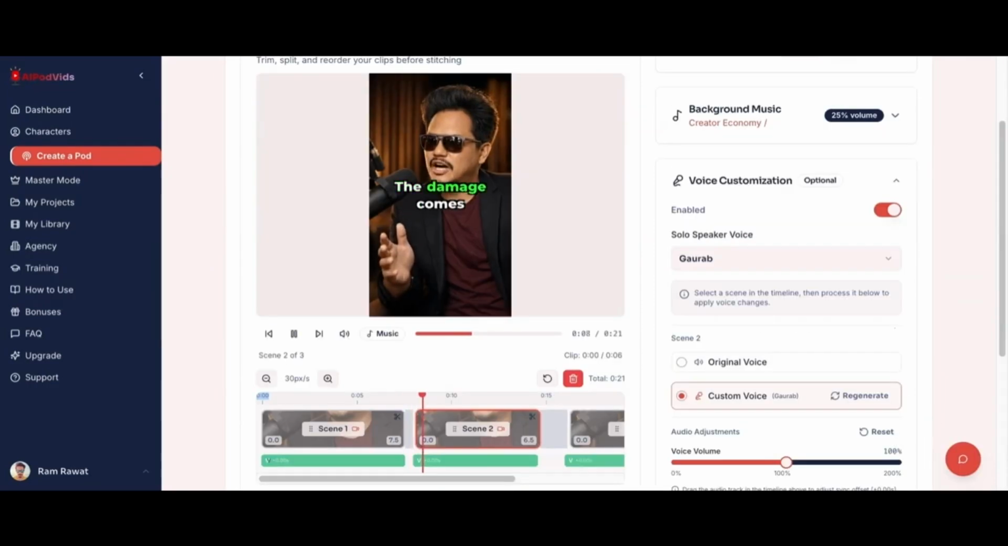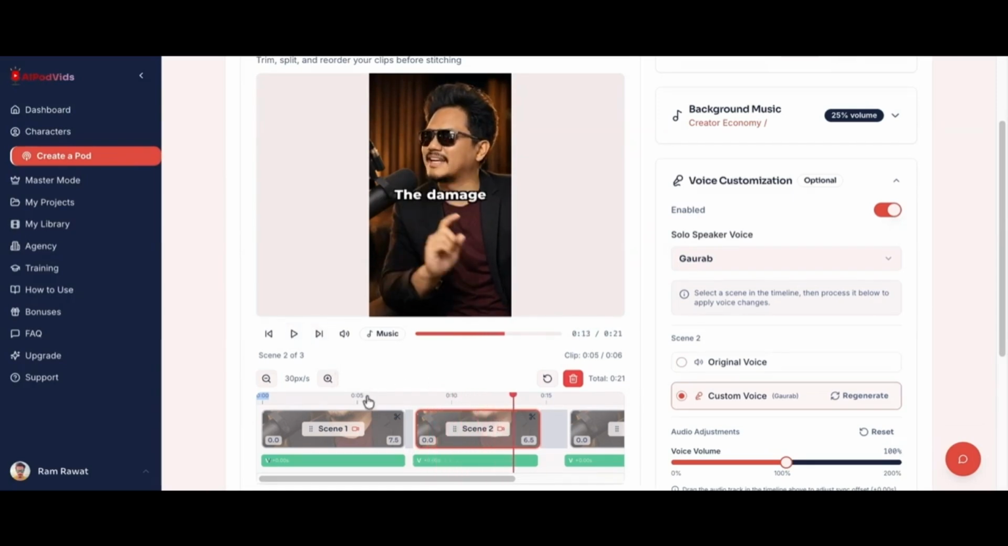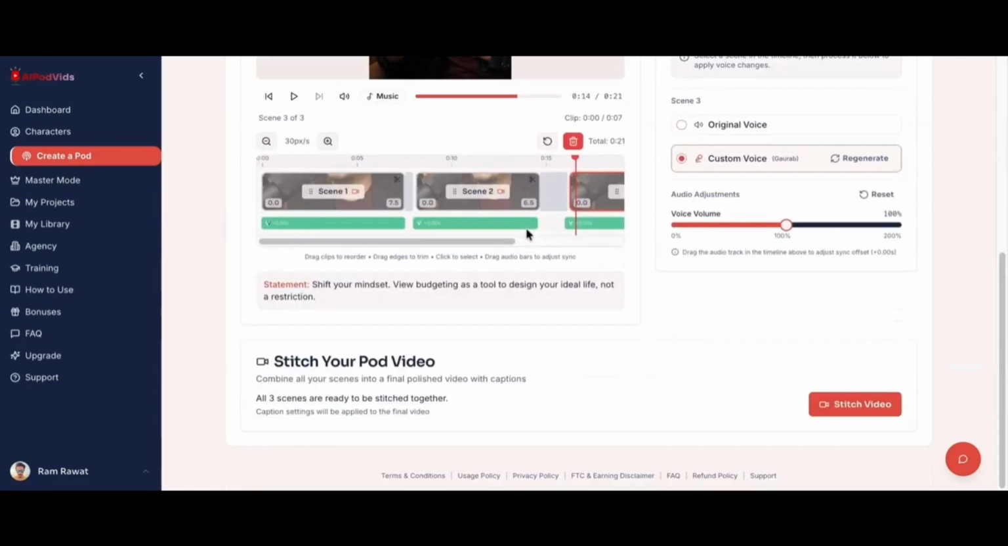The damage comes when we associate budgeting with deprivation instead of empowerment and